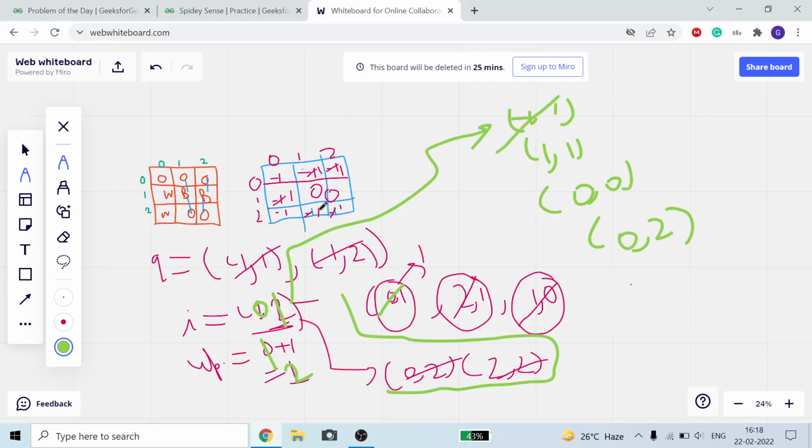Now 1 comma 1 is 0, cost is equal to 2, which is greater than 0, so it will not update. Now 0 comma 0 is minus 1, it will become 1, and our queue will contain 0 comma 0 also. Now 0 comma 2 is 1 and cost is equal to 2, so this will not be updated.